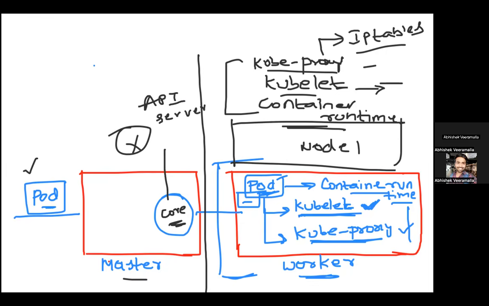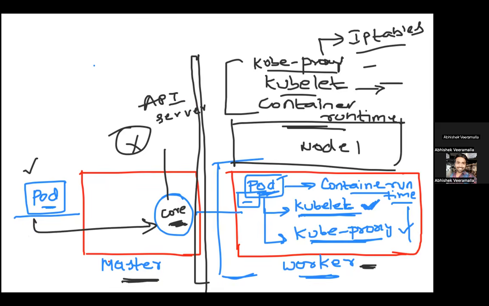And this component is present in your master component, or you can also call it the control plane of your Kubernetes. So what is the purpose of the API server? The API server is a component that basically exposes your Kubernetes. Okay, so Kubernetes has to be exposed to the external world. All of these things are basically internal to your Kubernetes, the data plane, all the worker nodes. But the heart of Kubernetes is your Kubernetes API server, which takes all the requests from the external world.